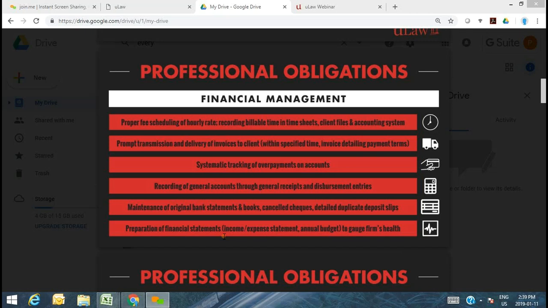Okay, how is this firm doing? Am I actually achieving the financial goals that I set out for myself when I first started to get into this legal career? Let's say you had the financial goal of making, it could be any random magic number, let's stick with 100 grand. If that's the profit you wanted to make, that's the money you want to take home, are you moving towards that number?